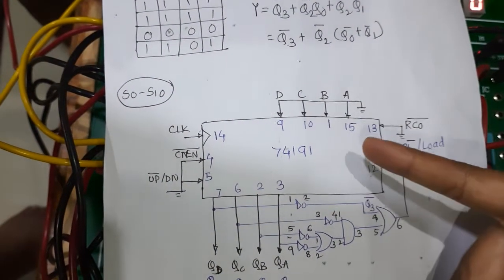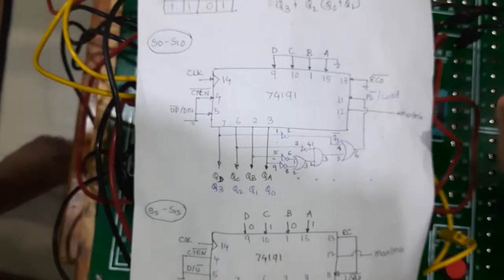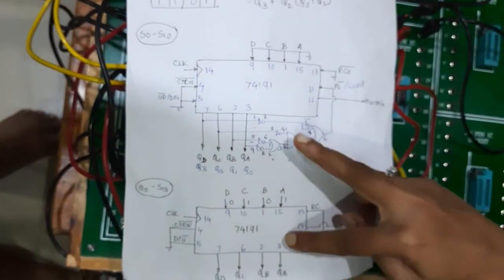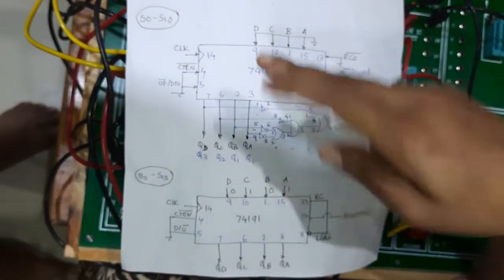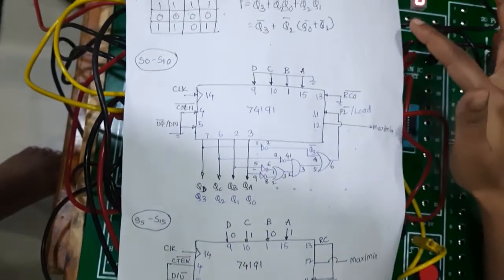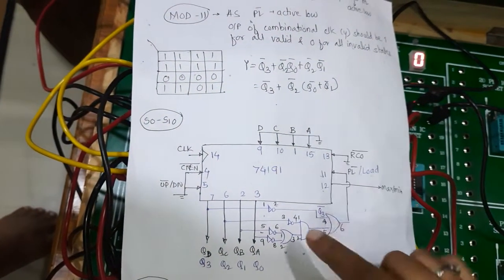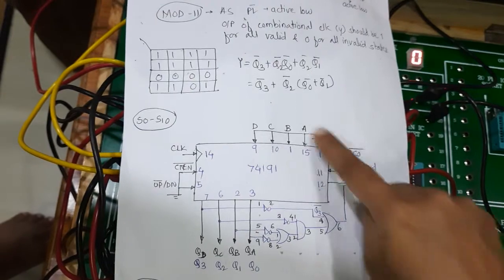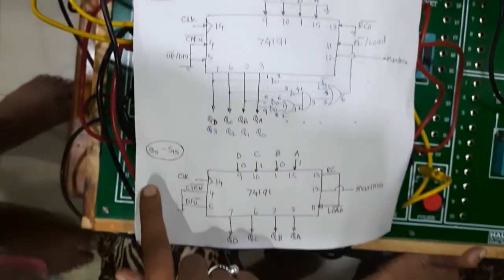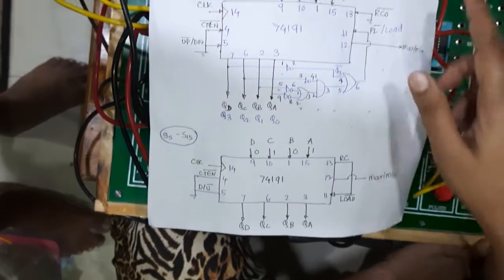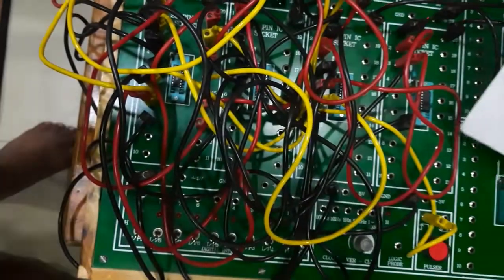So the same thing is done over here. So for getting an understanding, what I have done is, even if these two circuits are shown for mod 11, I have implemented mod 8 using such a method and mod 11 by this same method. So let us see the outputs over here.